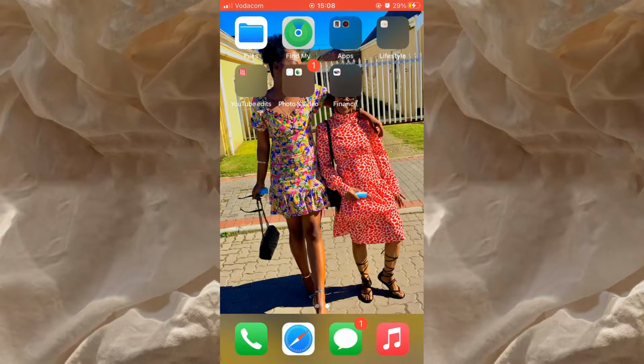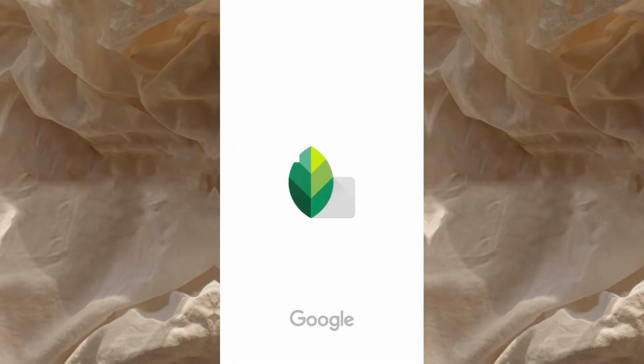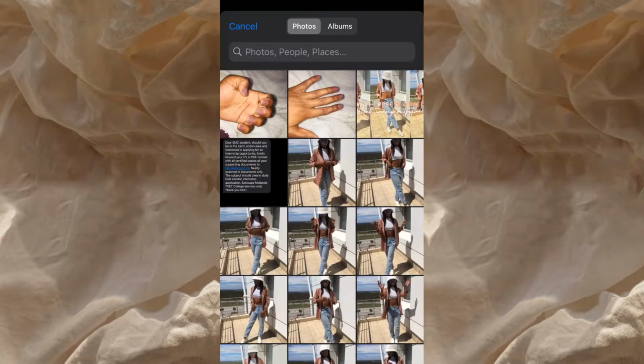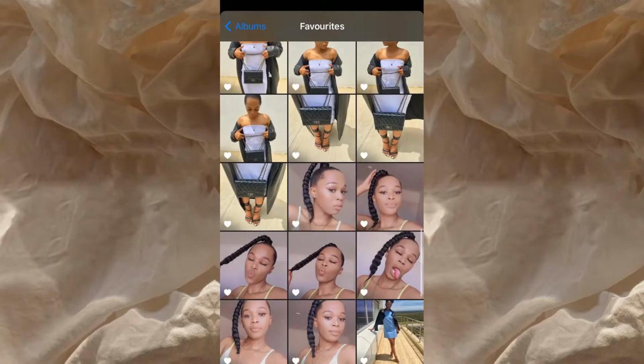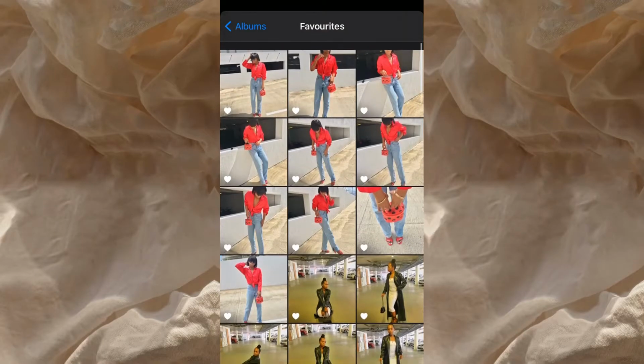So in today's video we'll be using an app called Snapseed. You can download this app on your Android as well or your iOS. I'll be showing you guys how I edit my Instagram pictures. I've been doing this for the longest time now, and I love using just this one app because I don't want my pictures to be too much edited. That's one thing I don't want, but I still do want my pictures to be edited here and there,